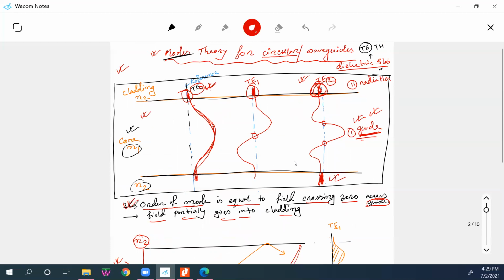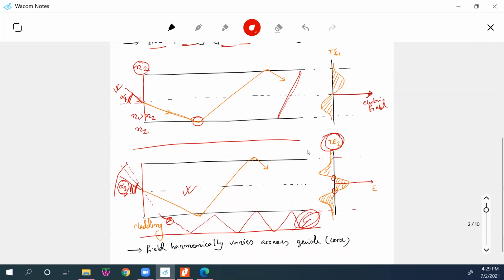And there are two things happening in the radiation mode. You see, even in the normal mode, some of the light is already in the cladding region, isn't it? Like this ray, some of the rays are already in the cladding region, and also the light which goes to the cladding itself. There are two modes now. These two modes, this light energy and this light energy, now compete for energy, back and forth, back and forth. So this is not a good phenomenon for us.